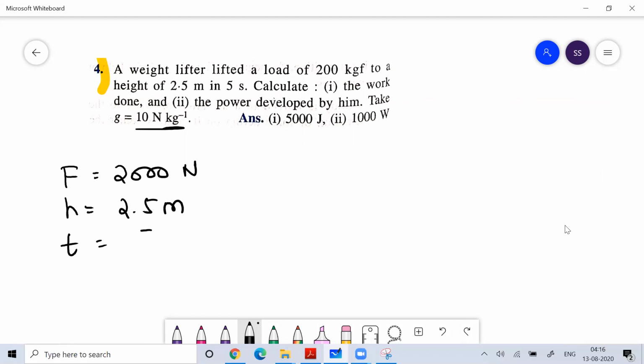And the time is 5 seconds. Calculate the work done. So the work done,